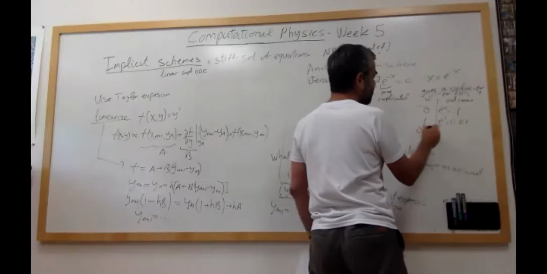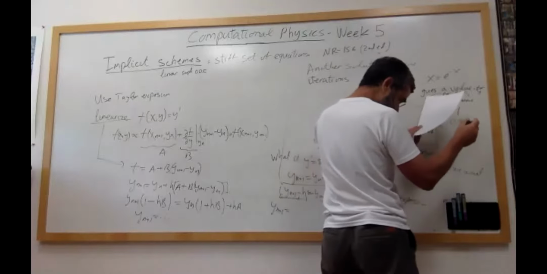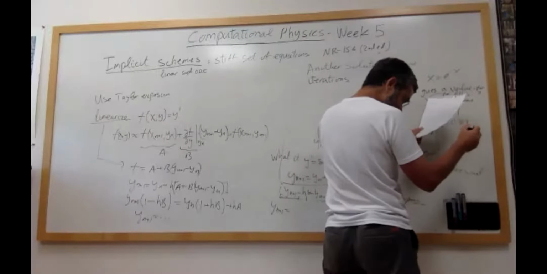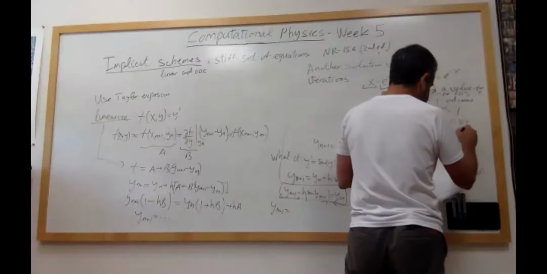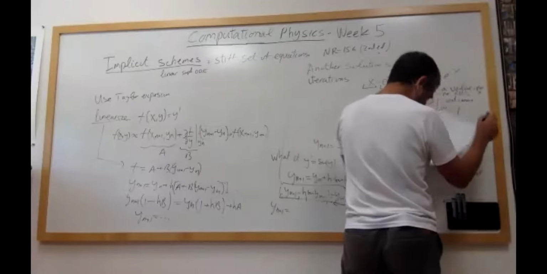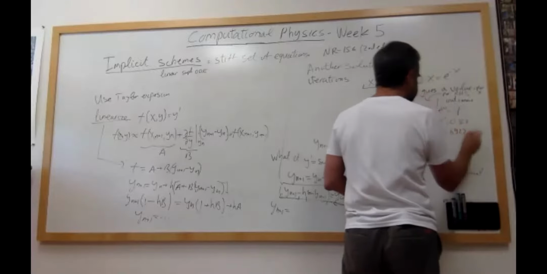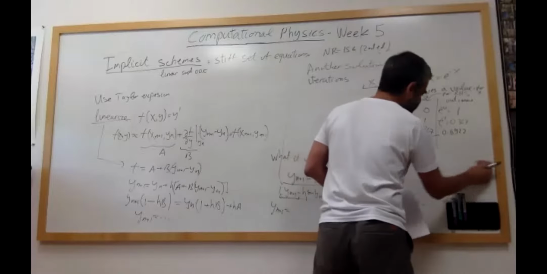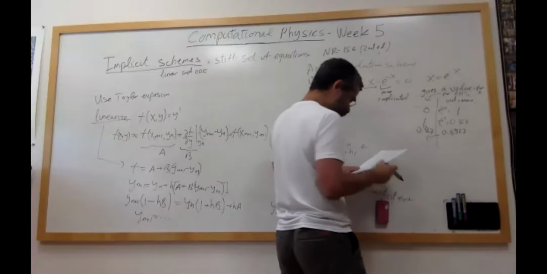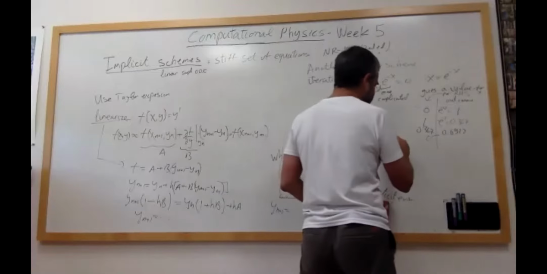Yeah, so e to the minus 0.367 comes out to be 0.69922. Then we plug it in and get another number. So you get the idea. And what is that within 5 iterations,